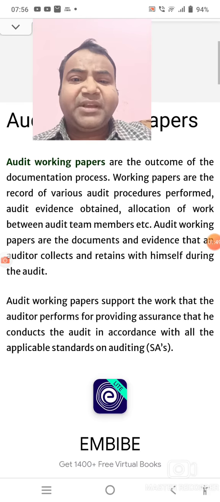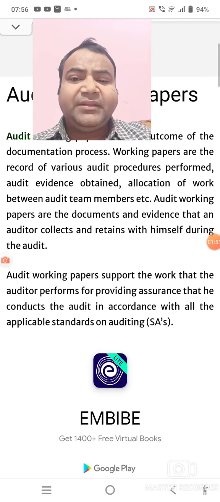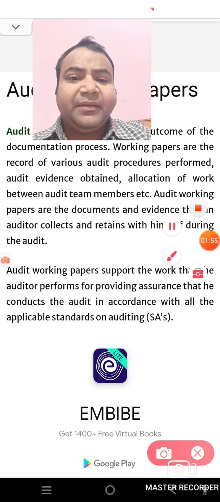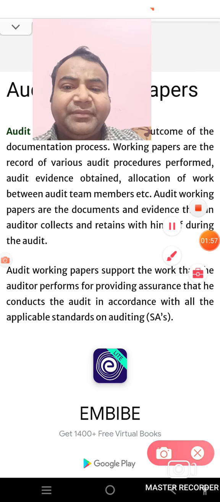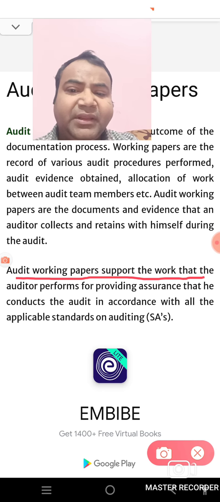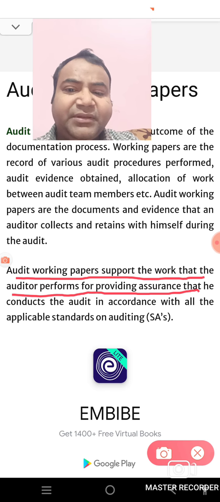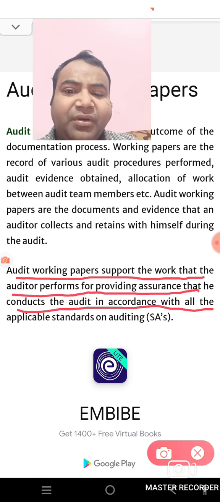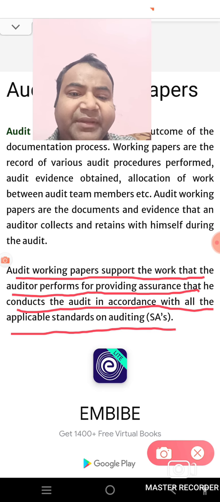Audit working papers are the documents and the evidence that an auditor collects and retains with him during an audit. So, audit working papers support the work that the auditor performs for providing the assurance that he conducts the audit in accordance with all applicable standards on auditing. So, as you can see here,